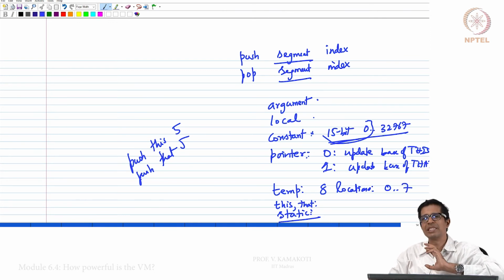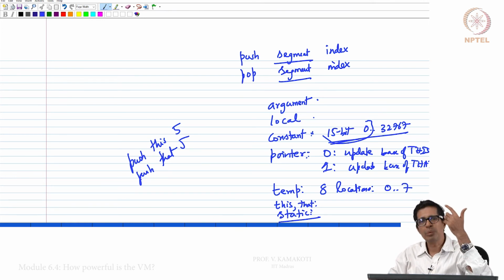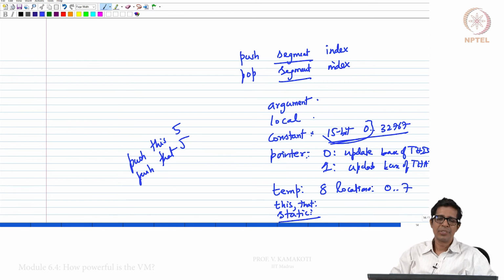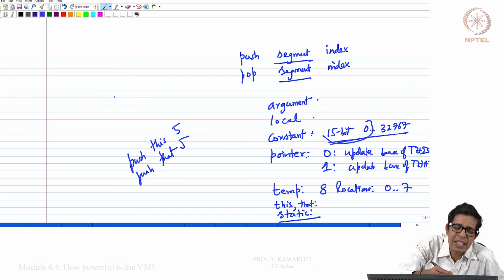As far as the function is concerned, each is a separate part of the memory, and each is a separate segment, and each has its own base address, and we need to access from that base address plus an index. So this gives us a concept of what you will learn in your computer organization course as memory segmentation.